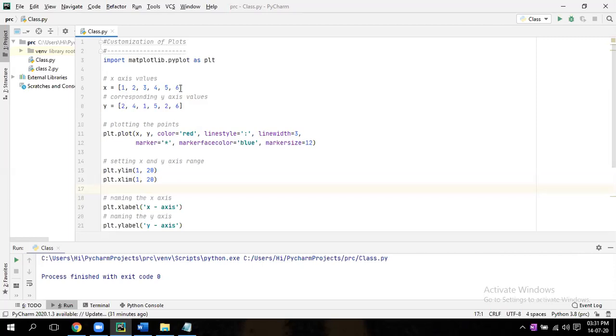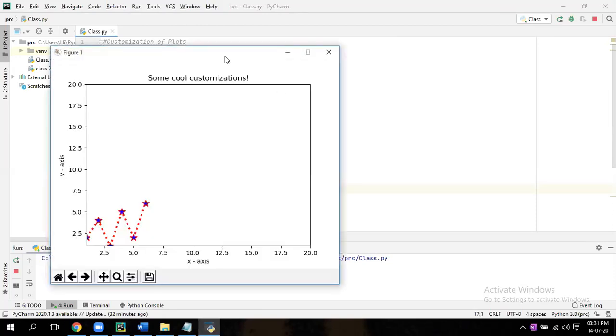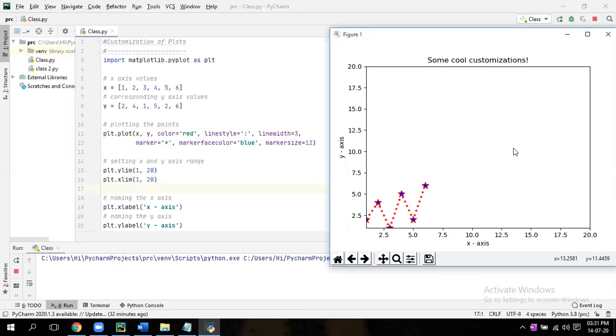Now run it. You will get like this. Till 20 it will come, but you will get a small graph. If you don't give these two lines, by default it will give nicely. So this is your y limit and x limit.